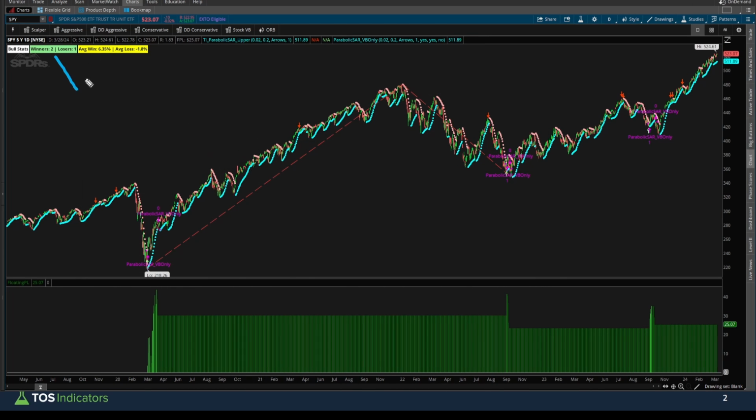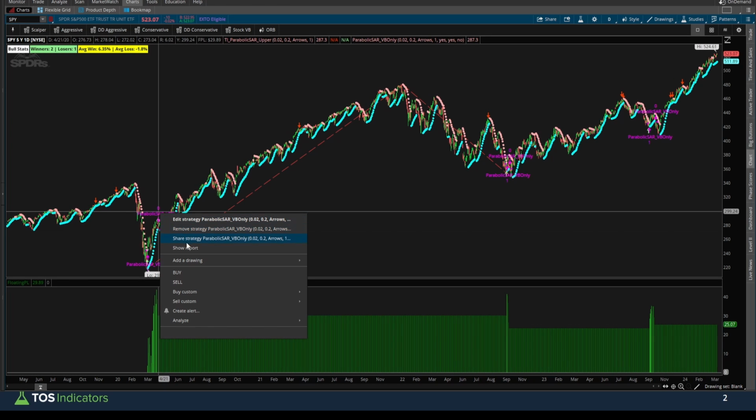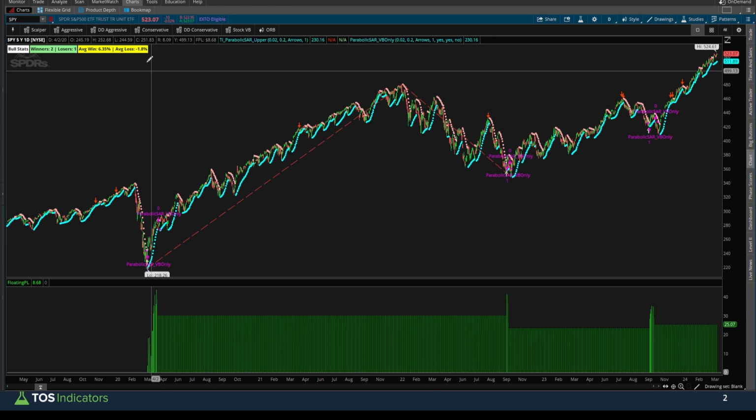That will plot these 2 labels on the left-hand corner of your chart. It'll let you very easily see, okay, well, with our long side strategy, we've had 2 winners, 1 loser. The average winner was 6.35%. The average loser, negative 1.8%. Again, it's calculating these same metrics, but instead of you needing to dive deeper, it does all of the work